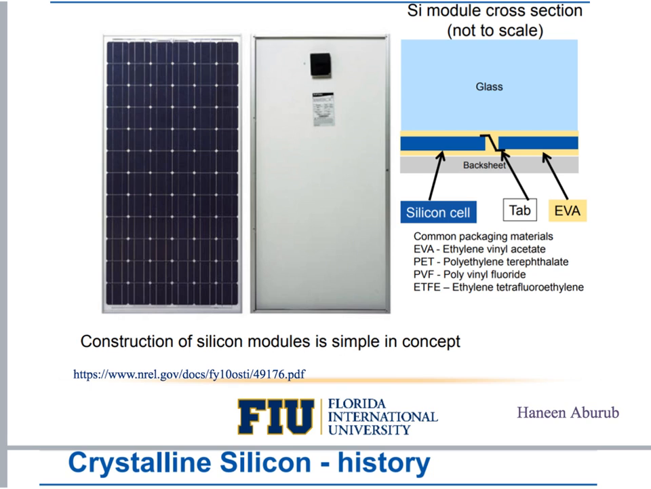Here we start with the crystalline silicon. The silicon modules are shown here in this figure. This is how they look, and I am sure you saw a lot of them before. Actually the construction of a silicon module is simple. We can see here a cross section of the silicon module. We can see that the glass is on the top, then we can see here the silicon cell